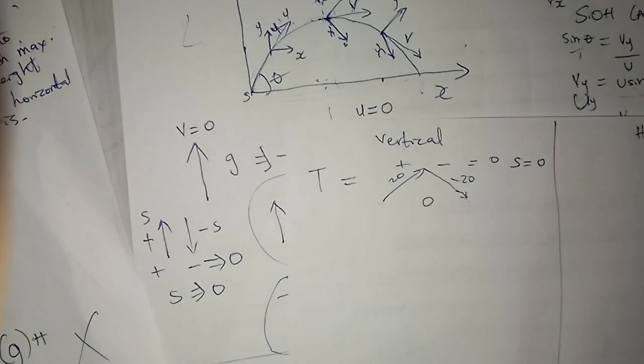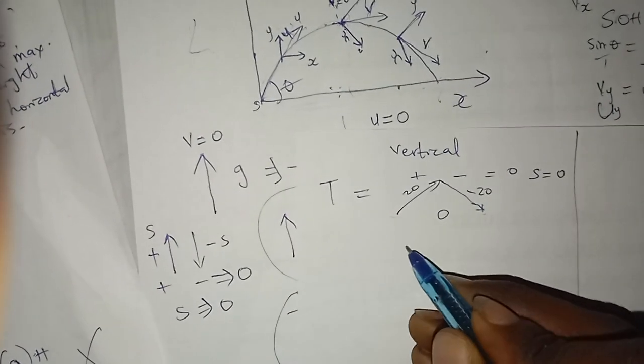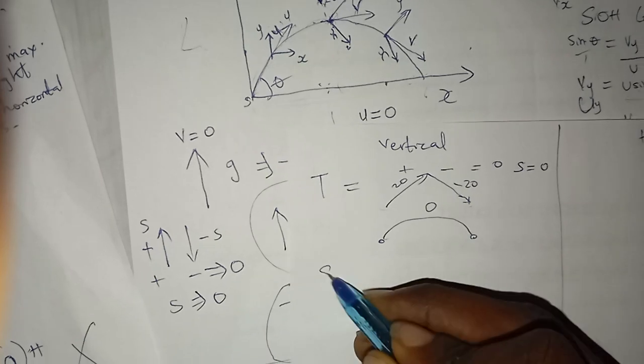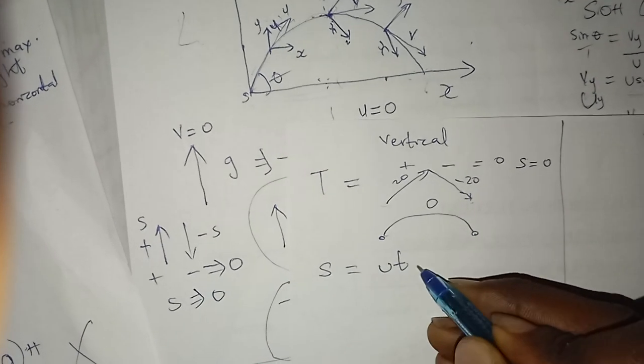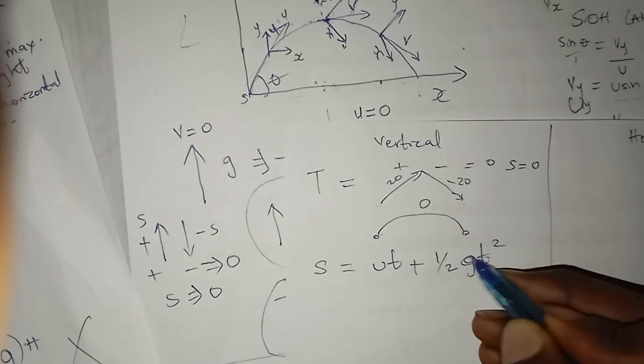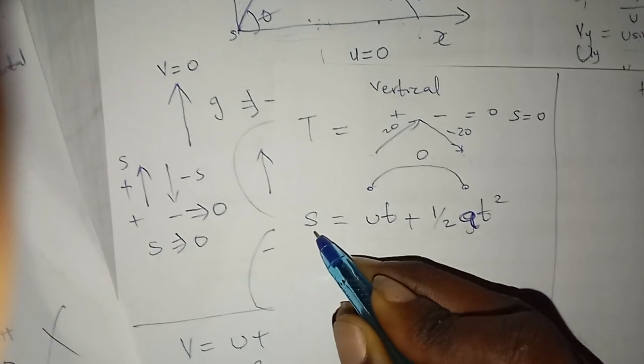So for that reason, if I want to find total time of flight in something of this nature, I will consider this end and this end. So I will say s equals ut plus half gt squared, half at squared. That's the normal equation of motion. Now from here, the s